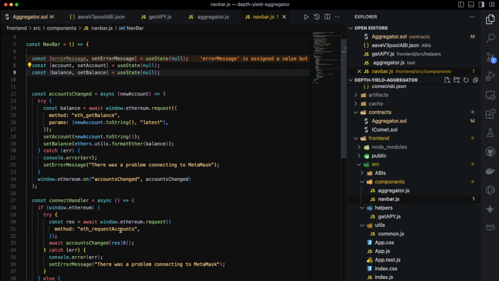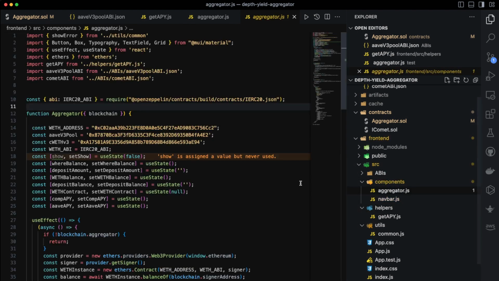It tries to request and then gets the proper account. And if accounts change, it will update the UI for the new account. And then for the aggregator,